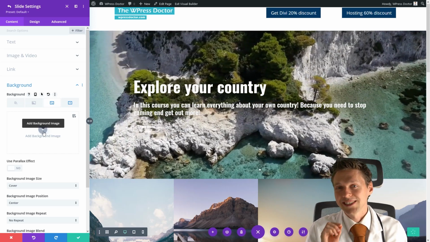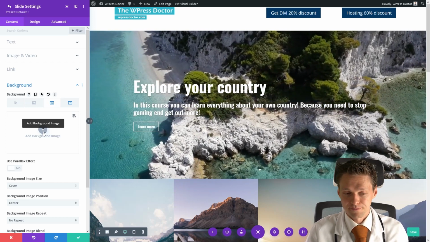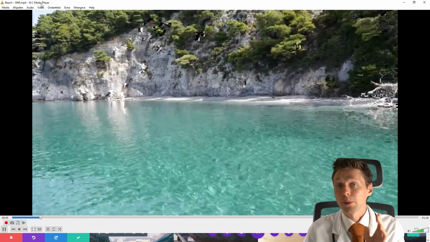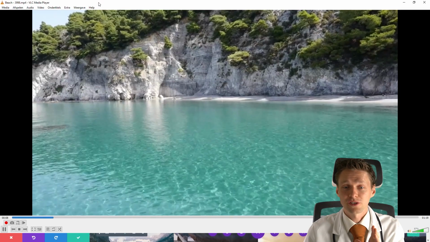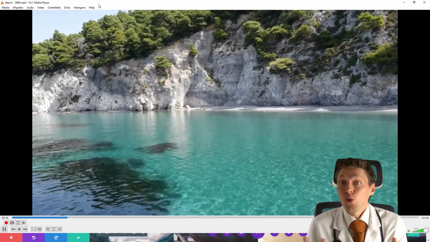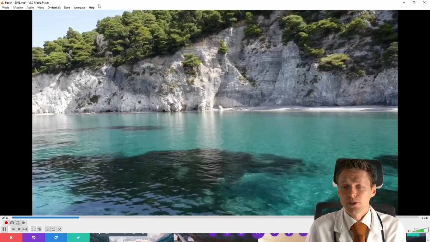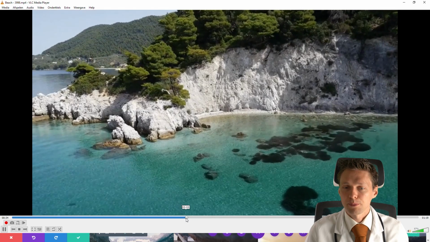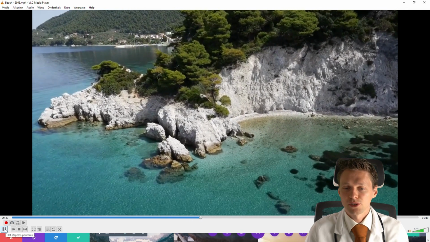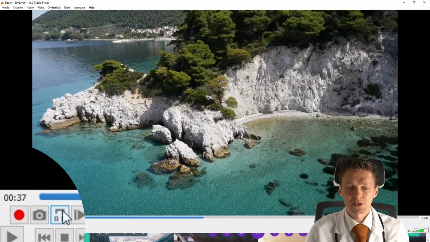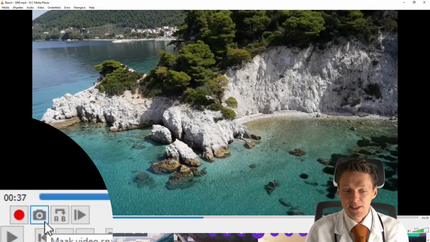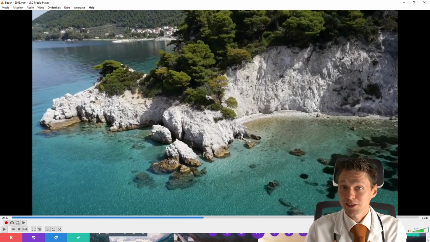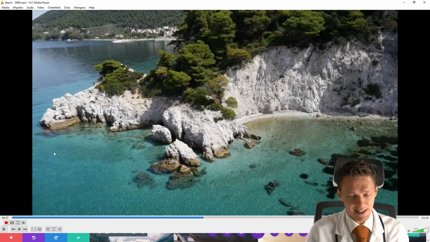I'm gonna show you really easy how to do it using a free video player. So what I'm doing right here, I'm opening this video in VLC Media Player. It is a beautiful free, lightweight video player. It plays all videos. It's awesome. It's freeware. I use it all the time, and it's really great. So what you're gonna do, you're gonna slide to the place where you want to make a picture of this frame, and then you just hold it right there, press pause, and then you have a little button down there which says take video snapshot. Just press that button, and now a snapshot is being generated. It's that easy? Yes, it is that easy.